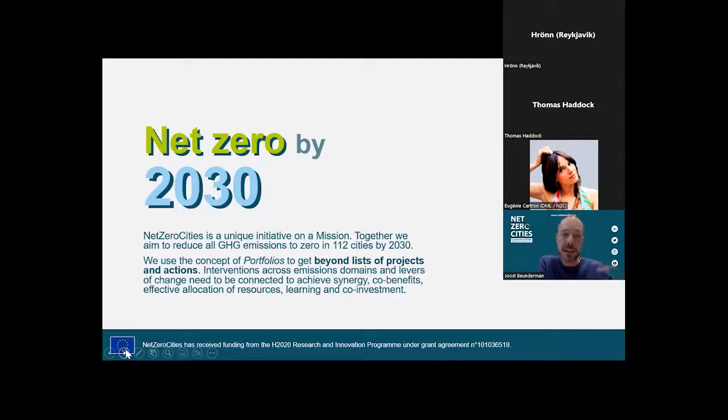So like we said, this is a unique initiative, and so many different projects and sub-projects are part of that initiative. But we use the concept of portfolios to enable ourselves to think beyond our future action plans being just a list of the different projects that need to be undertaken. It's these interventions across the domains and across the different levers of change that need to be connected. That's the way for them to